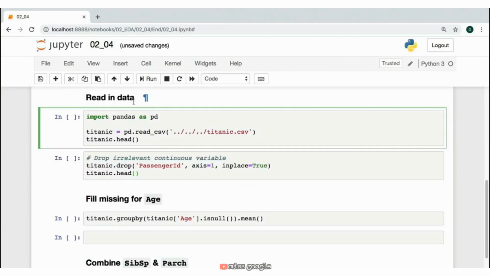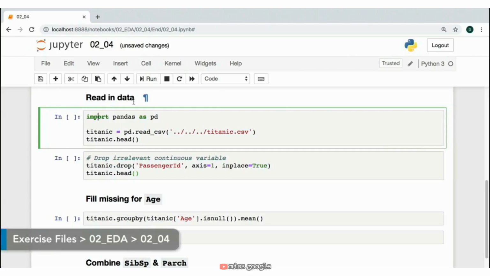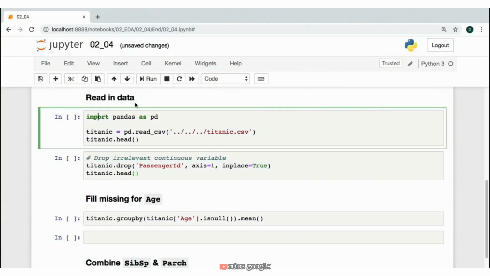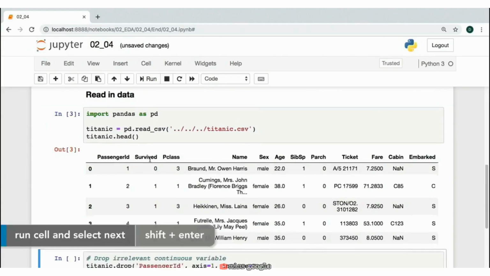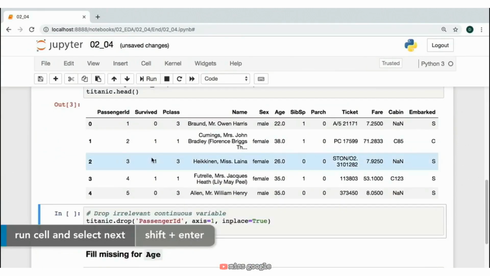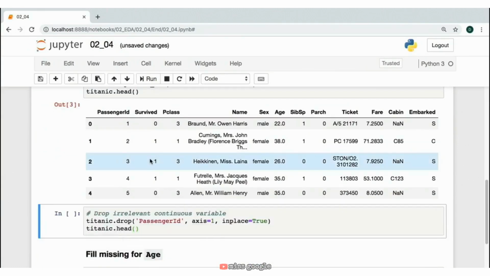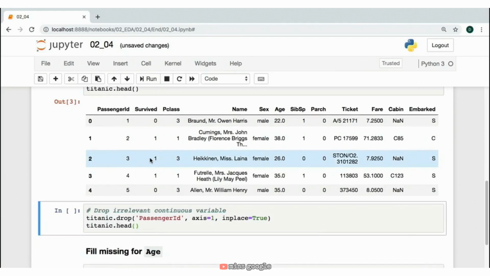Previously, we talked about how exploratory data analysis will inform our data cleaning. In this lesson, we'll take what we learned in the last two lessons and actually implement some of the necessary cleaning. So let's start by importing our data. And then we discussed in the last lesson how passenger ID doesn't really factor into whether somebody survived or not in any way. So we're going to go ahead and drop this feature in place just like we did in